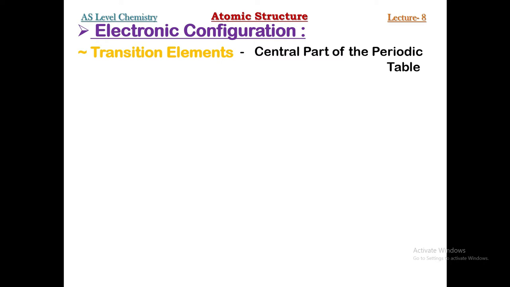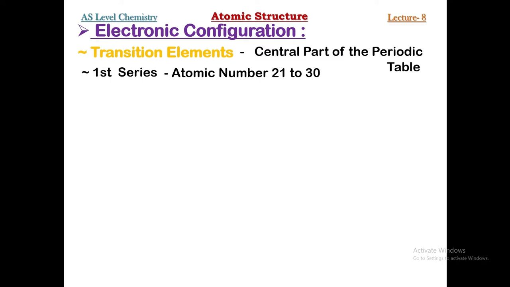As far as transition elements are concerned, there are many different rows of transition elements in the central part, but in your syllabus only the first series is included, and this first row of transition elements includes 10 elements from atomic number 21 to 30. In AS, you can only be asked to write down electronic configuration for these 10 elements, but detail of the properties of these transition elements is included in your A2 syllabus. So right now we will learn how to write down electronic configuration for these 10 elements.